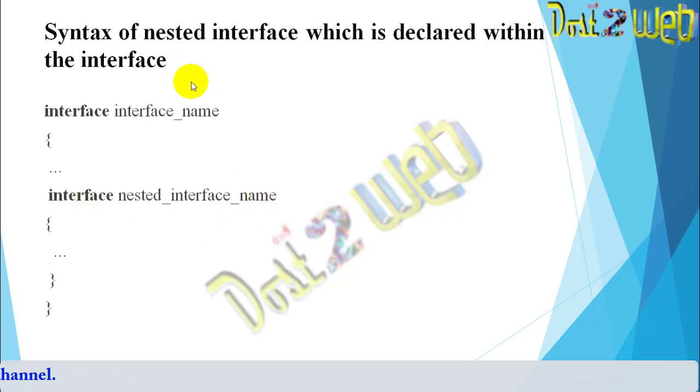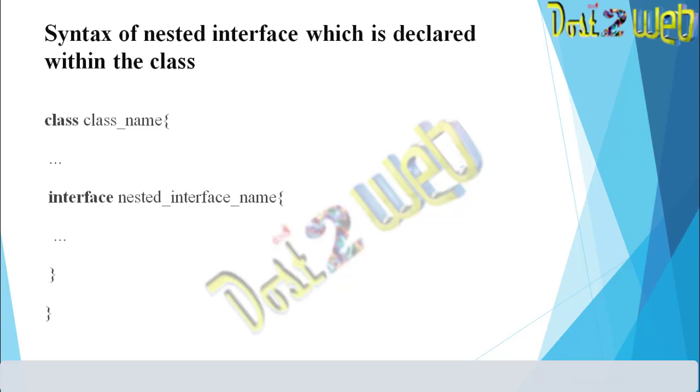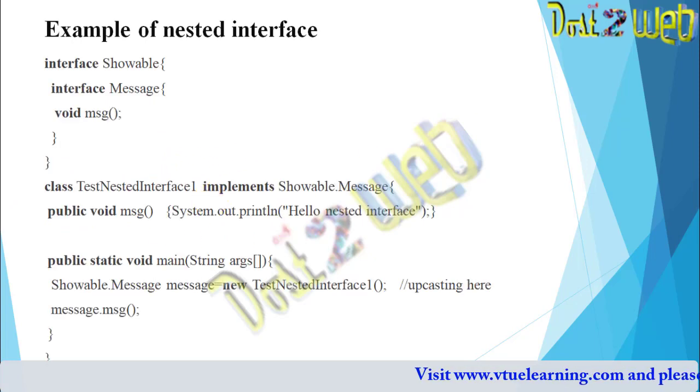This is called a nested interface, that is, an interface within an interface. When you want to declare it inside a class, you give the class name, and then declare interface and the interface name. So you can declare it within the class also.